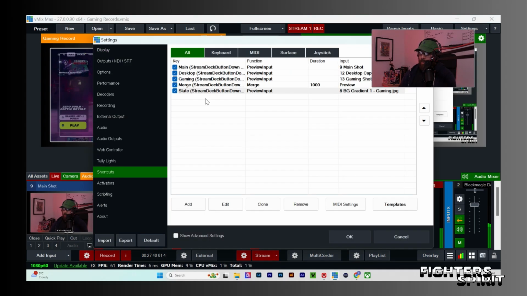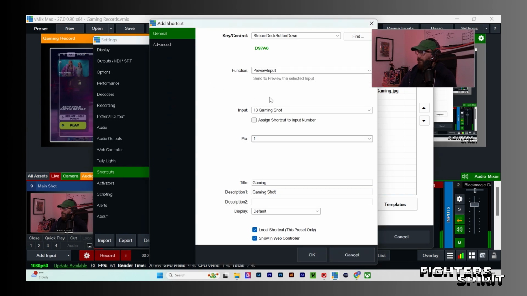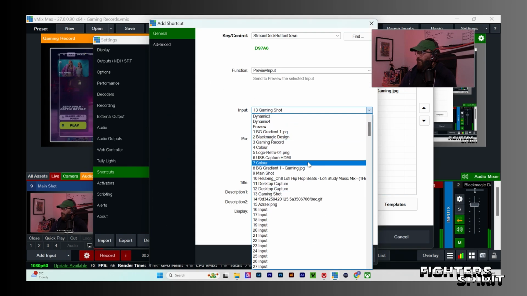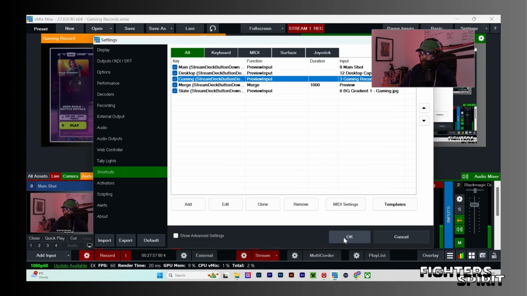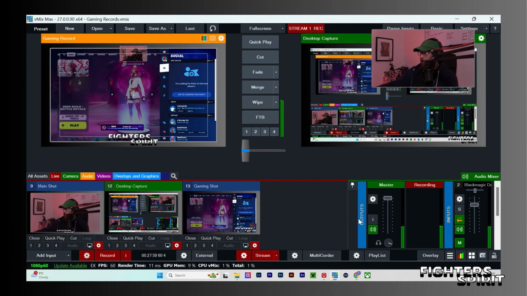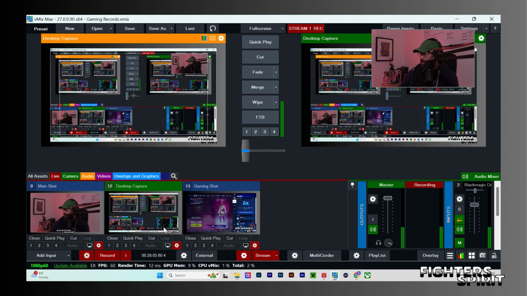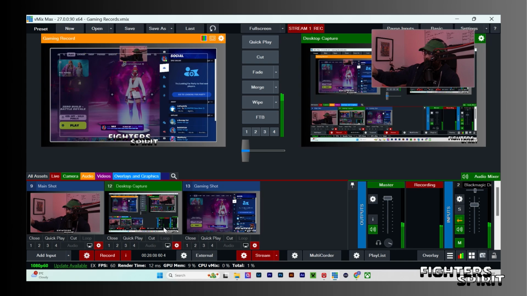Go to my shortcuts because I want to change something. This is the one that we want. Let's see. Oh wait, it was already in there. So let's click on something else. Yeah, because we want the one with me on the camera on the top and the Fighter Spirit Gaming logo or the retro logo on the bottom. So yeah.